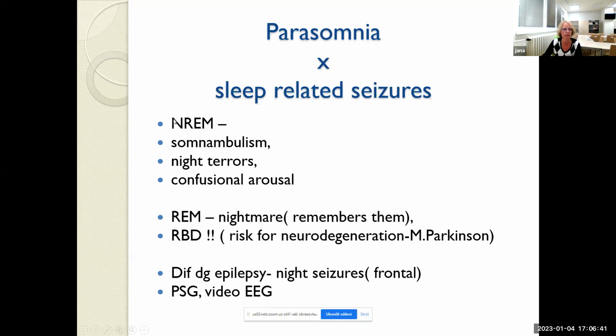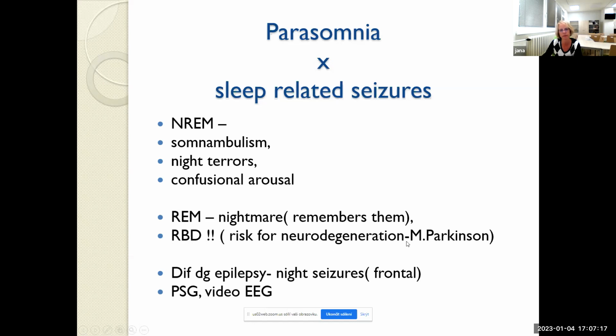If they are related to non-REM sleep, we talk about sleepwalking, what is called somnambulism, or we can speak about night terrors or confusional arousal. And if it's connected to REM sleep, it is nightmare. And of course, very important is REM-related behavior disorder. It means abnormal behavior during REM sleep, and it is a high risk factor for possibly